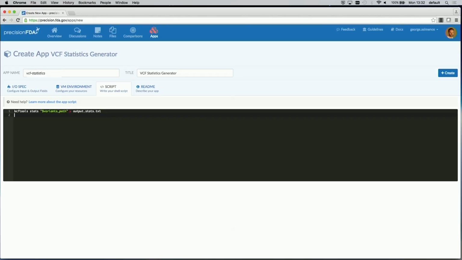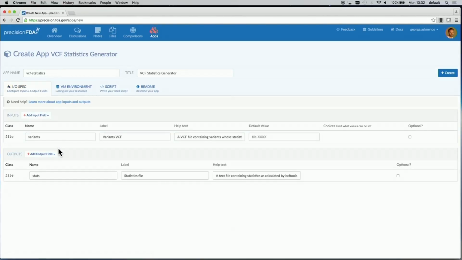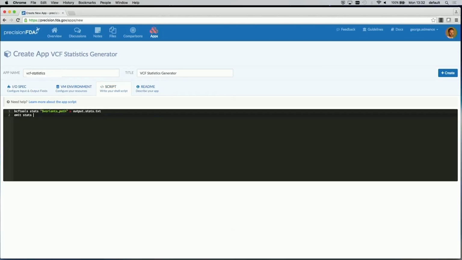output.stats.txt. This is practically all that my app needs to do, except now we need to associate this file with the statistics output that we've defined. And this is done with a little utility called emit. Emit takes two arguments. The first argument is the name of the output, and if I go back to the spec, I named this output stats, so I need to emit stats. And the second argument is what file will actually be emitted and associated with this output. And since I've created something called output.stats.txt, that's all I need in order to associate this file with the statistics